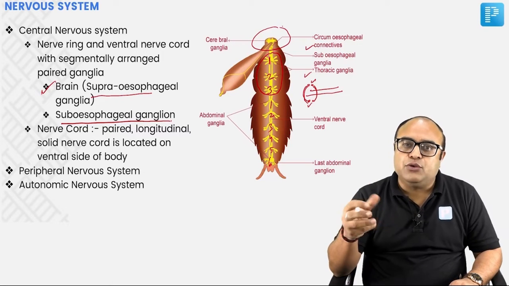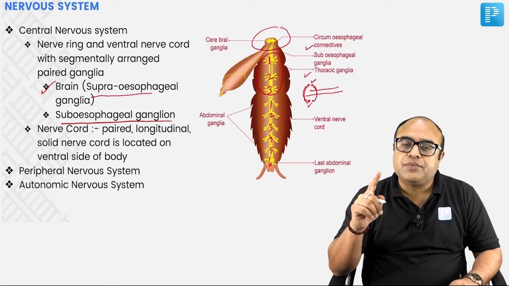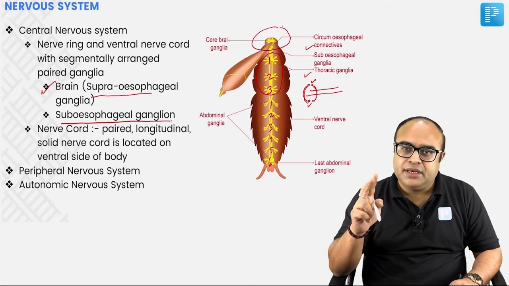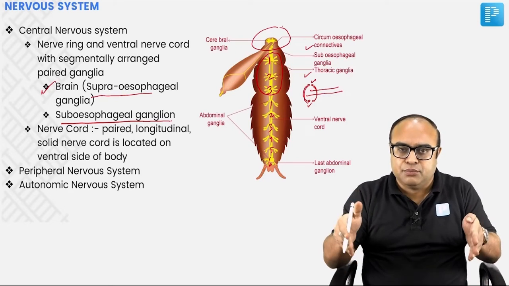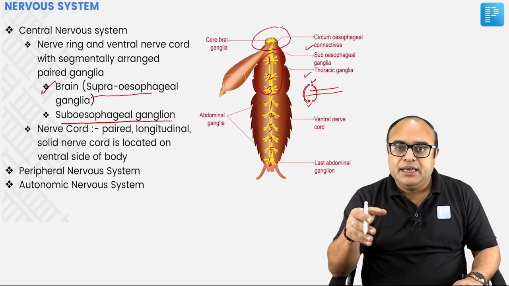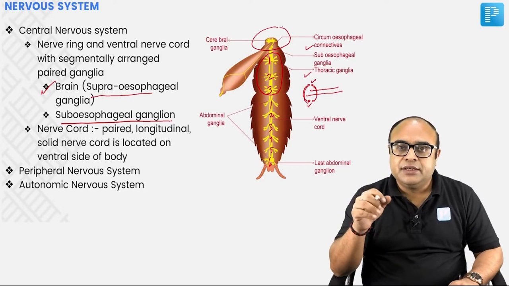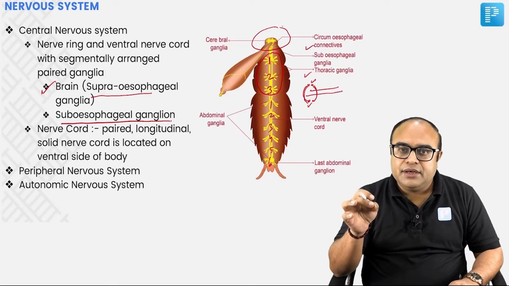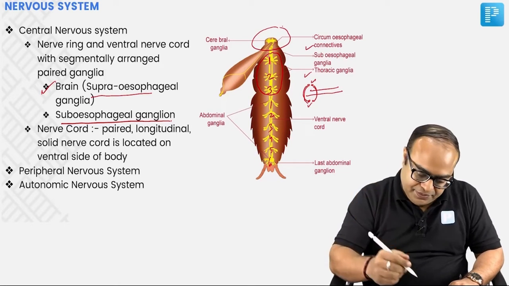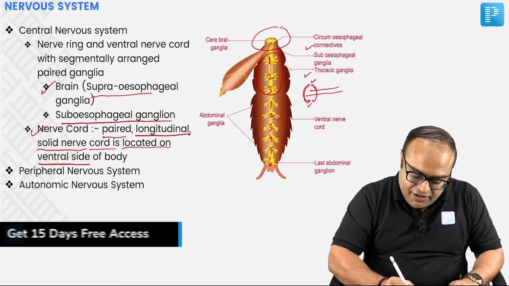So, try an easy question which can come in the NEET examination for you people on nerve cord. Solid, double, present on both the lateral sides, left and right. Solid, double, present on the ventral side. So, ventral nerve cord. Solid, ventral, double nerve cord. So, nerve cord, this is what I have: paired, longitudinal, solid nerve cord is located on the ventral side of